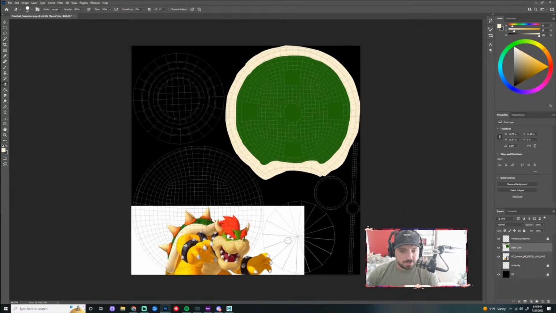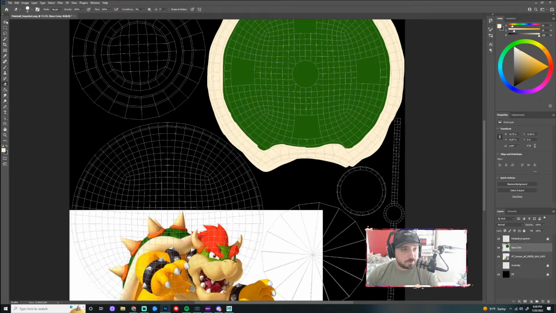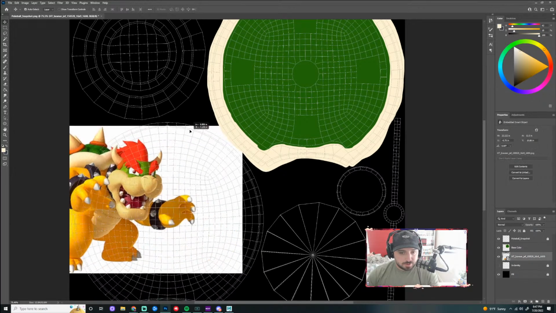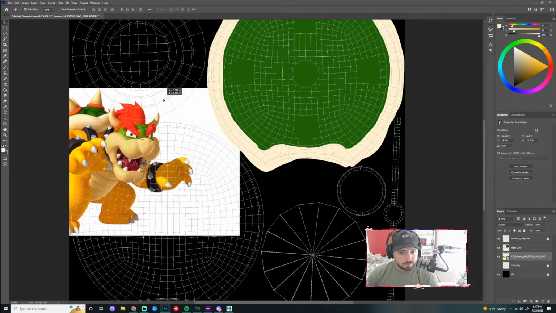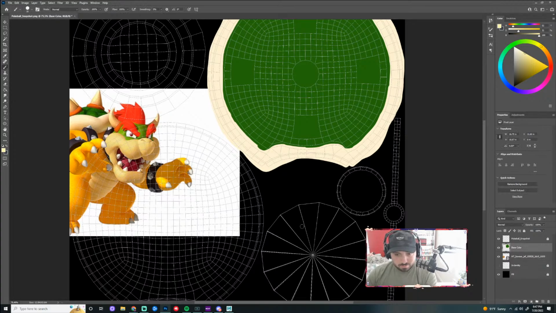We could come back. I'm just doing base color stuff now, right? So I'm gonna move my Bowser picture out of the way here. I'm gonna grab his horn color here. Maybe do something like this. Maybe grab a, I could grab an elliptical marquee or something here.